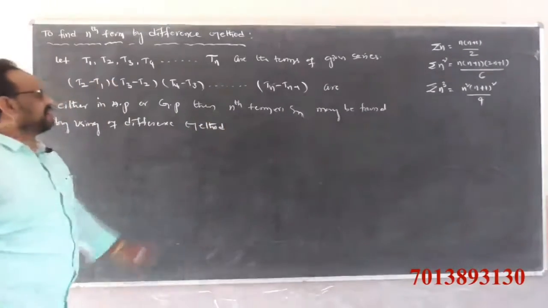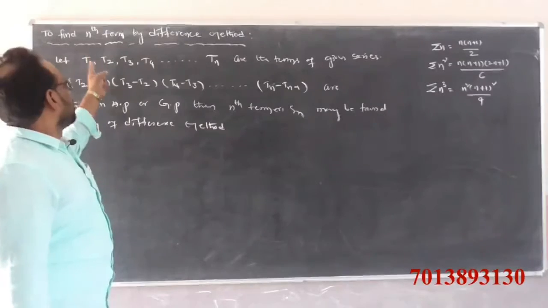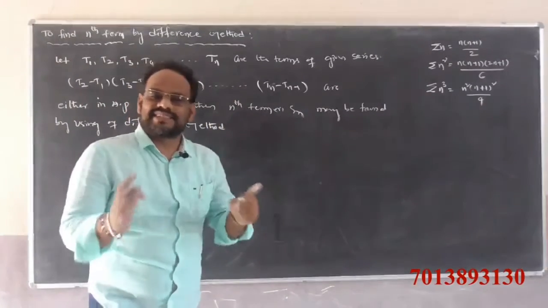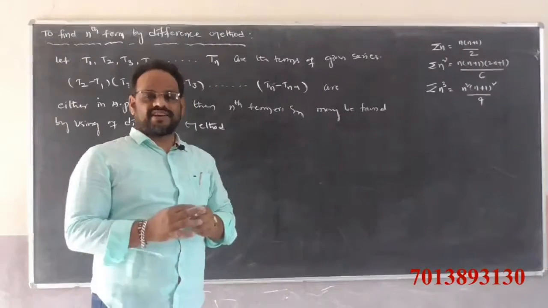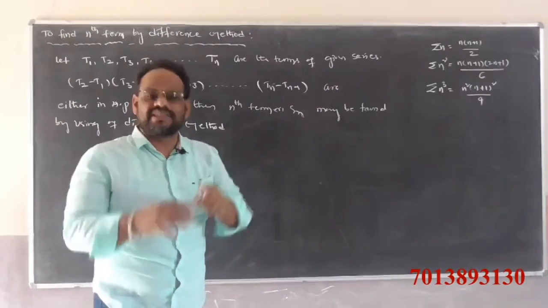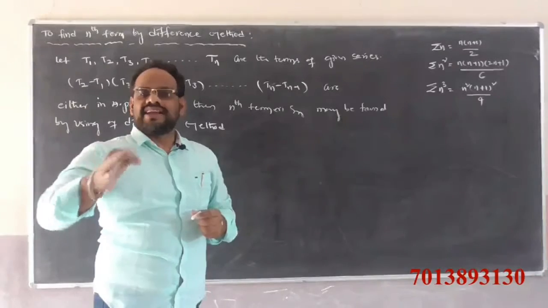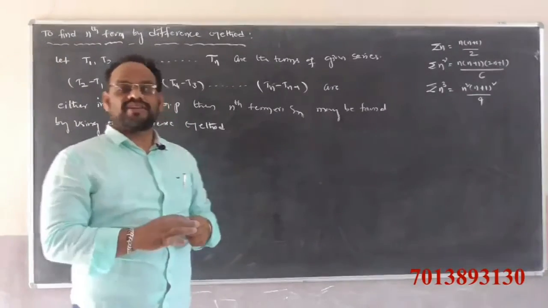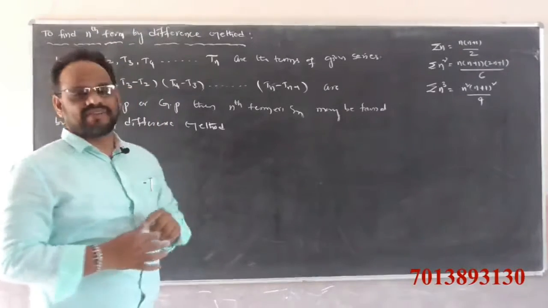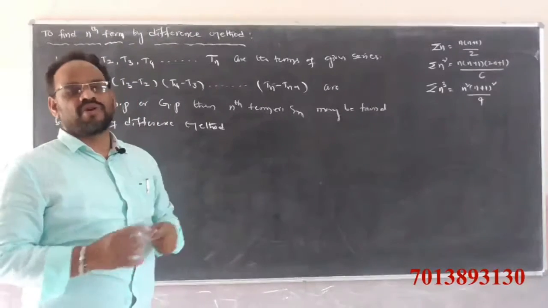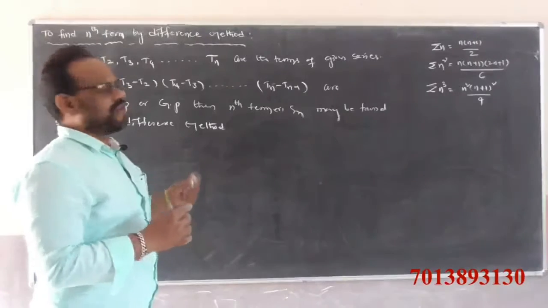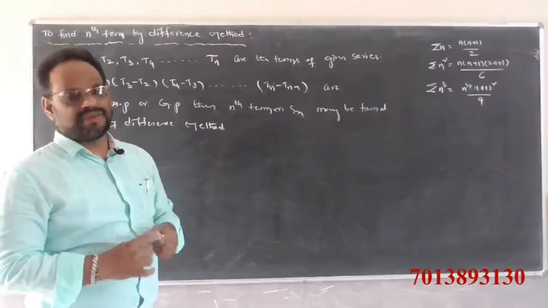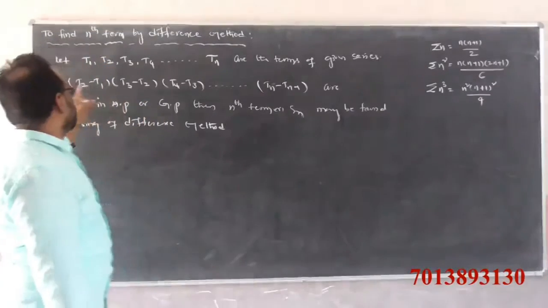By using the difference method. T1, T2, T3 up to Tn are the terms of any series or any sequence. Clearly it is not in arithmetic progression or geometric progression or any progression, but it is clearly a sequence, that is, a series. We don't know how to find the nth term or the sum of n terms,